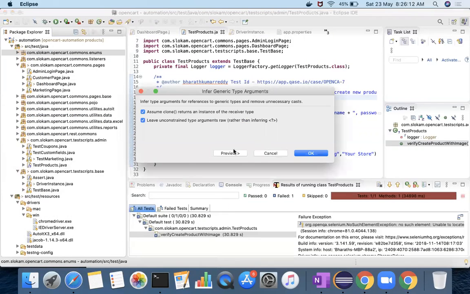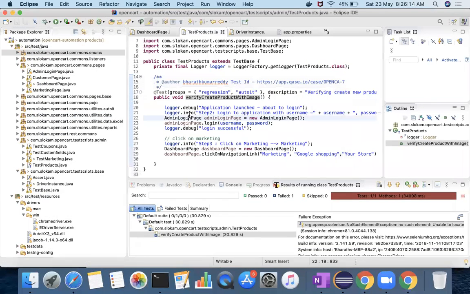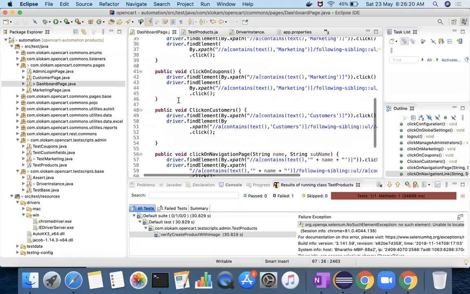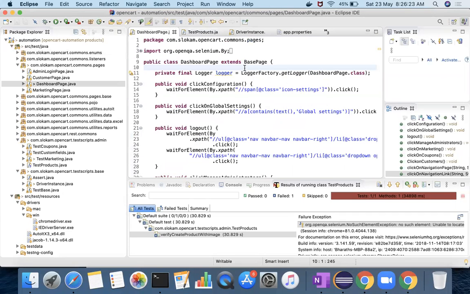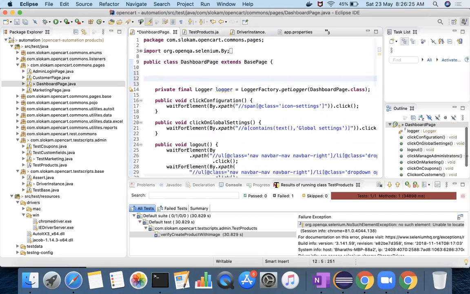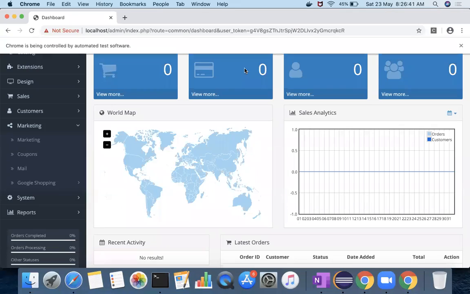For now, actually, constants also are not ideal. This is one step up, so that's why I use this in the dashboard page. In the dashboard page, I define the constants. The constants always should be public static final String. You have to give the name of the string.